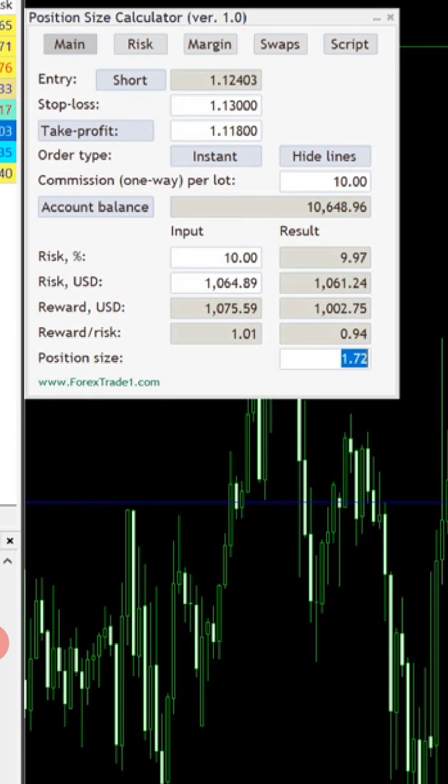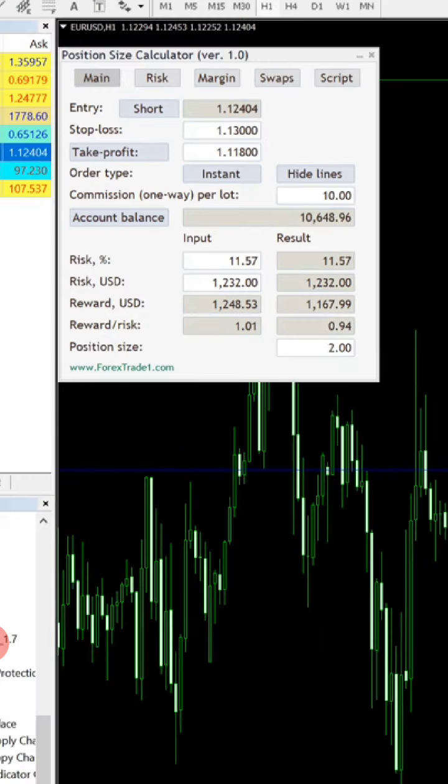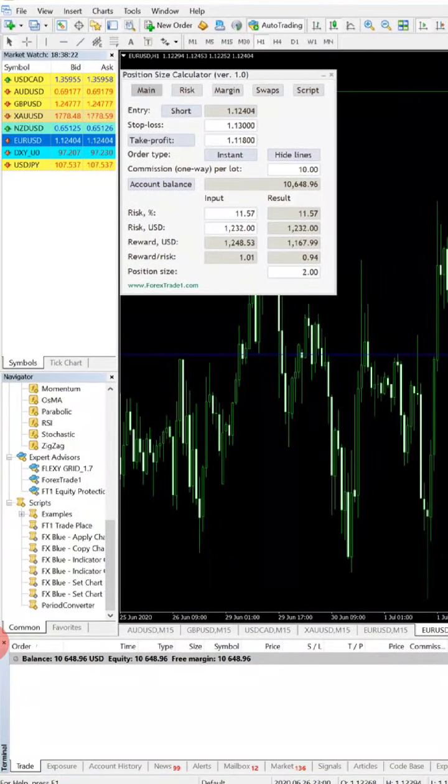You can choose lot size also. If you want 2 lots, then you can enter 2, and the risk will be 11%. I mean, you can choose the lot size based on the risk, and you can choose the risk based on the lot size. So either way you can do it. And you can also choose the risk based on USD. For example, if you want $1,000 risk, then it will be 1.61 lot size. So let us take the instant order,